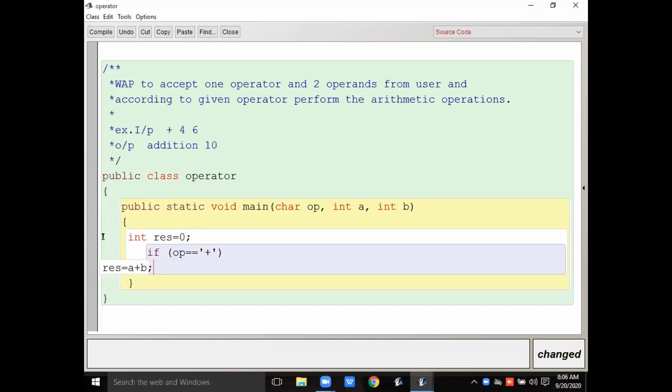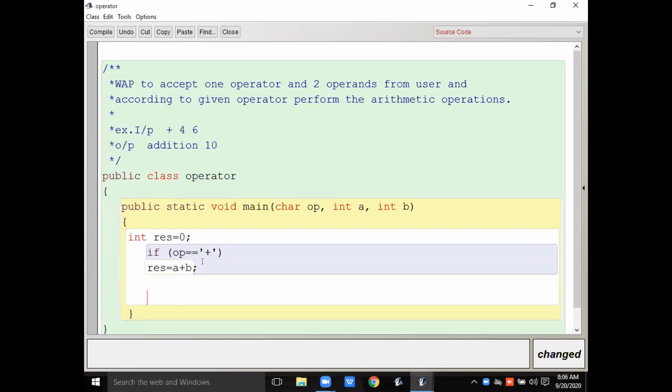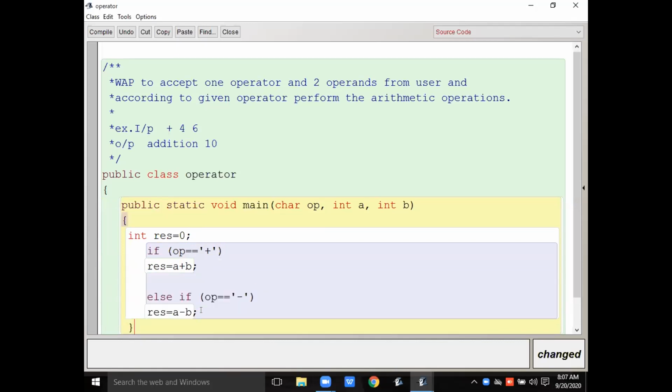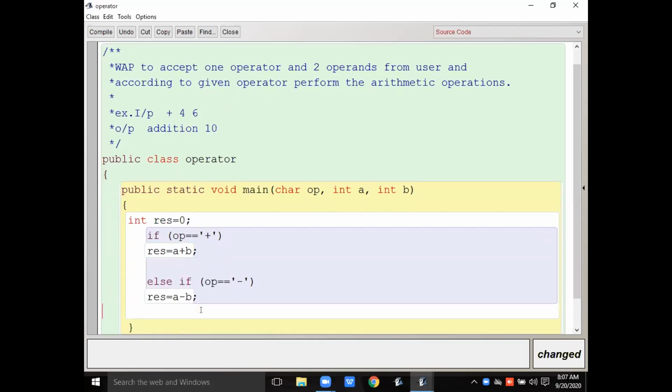Addition. Then after it, I'm going to form the second condition in else if. Else if the operator is equal to minus in single quotes, then result will be A minus B. Then again, the third condition in else if.